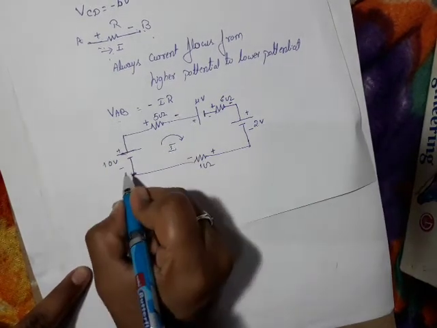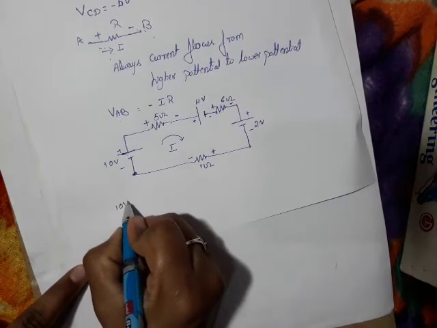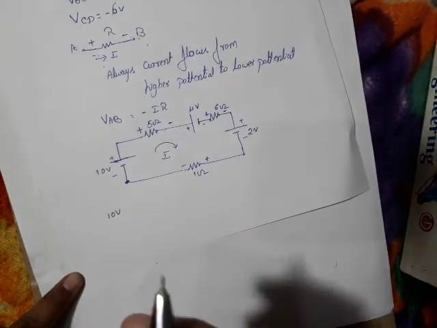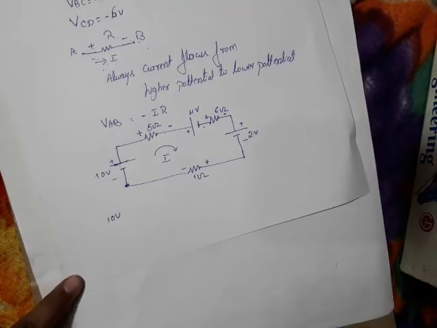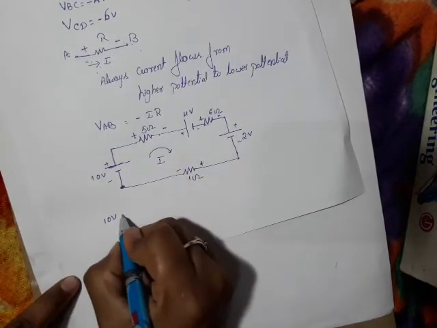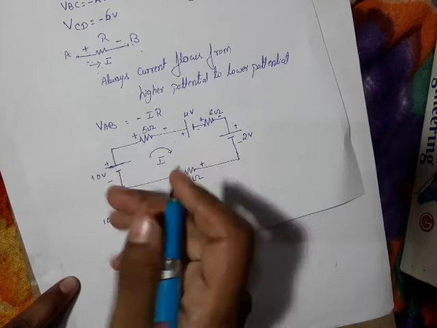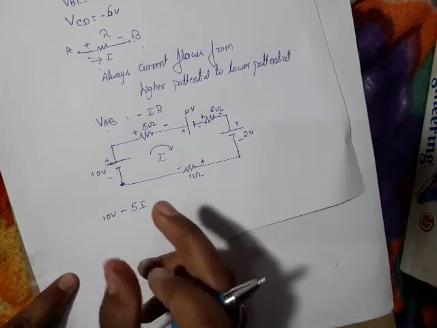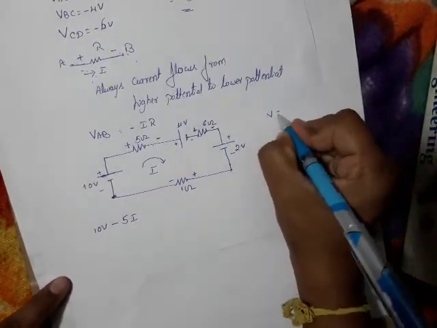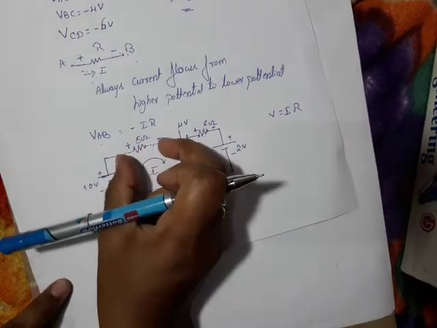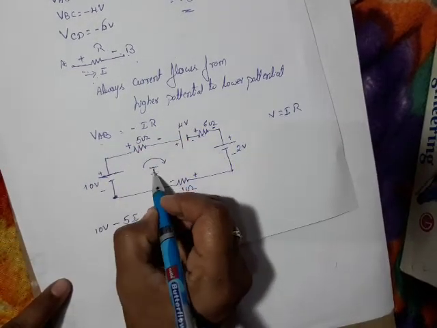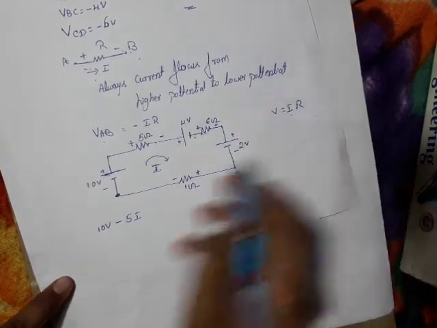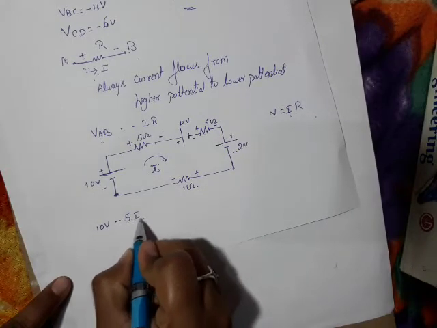So we are stepping up, minus to plus, 10 volts. Here we are stepping down. First we need to write the symbol, whether it is plus or minus. Later we need to write the voltage drop. Plus to minus, so it is minus. We are stepping down, so we are going to fall with respect to the voltage. Minus 5 into I, voltage drop. According to Ohm's law, the voltage is given by I into R. Here we don't know the voltage drop because I is unknown, so we cannot write it in terms of voltage; we write it as 5 into I, that is, I into R.